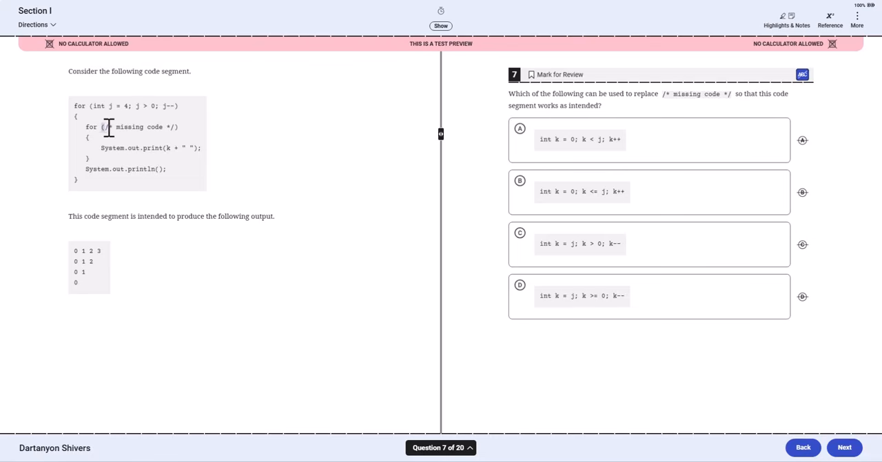Now, we're trying to plug something in here. We're going to be printing K. So this is J up here. We're printing K. So the value that we're going to be printing on each row needs to always start off at 0. So the fact that it needs to always start off at 0, looking at our possible answers here, we can